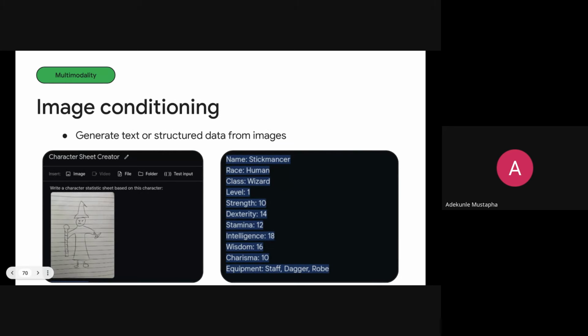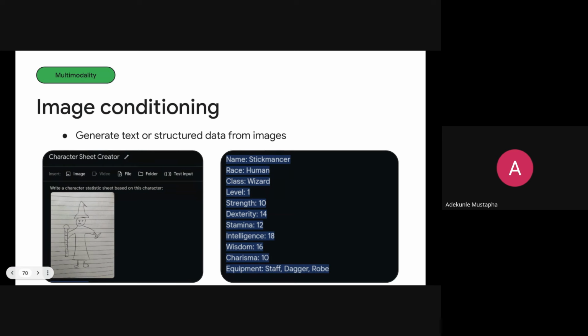So something like this also, if you pass an image to your Gemini, and you ask it, looking at the prompt that we used there, to write a character statistic sheet based on this character. It's able to look at the image that you passed into it, and suggest a name, suggest a race, suggest a class, and suggest other classes for that particular image, which is really the beauty of Gemini.